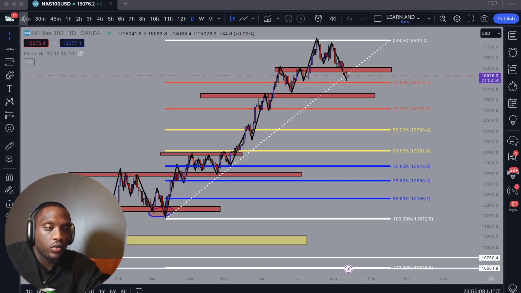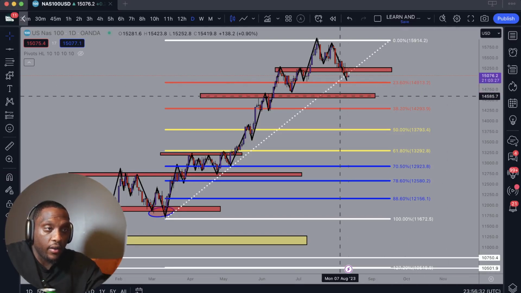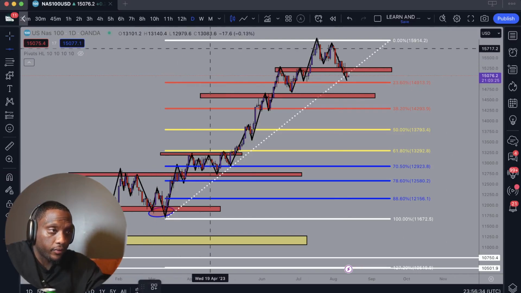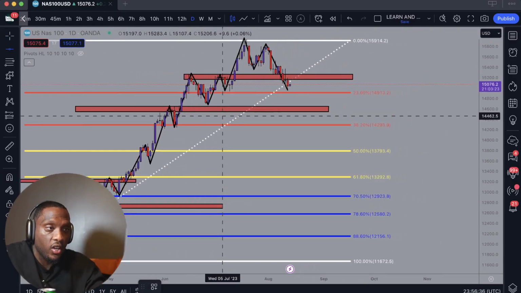And basically just with this overall bias, and me just kind of knowing where I am within data, I feel like it's really gonna help us understand the patience that is needed when it comes to trading, especially where we are within structure. So again, what we're waiting for as of right now is we're waiting for price to kind of find